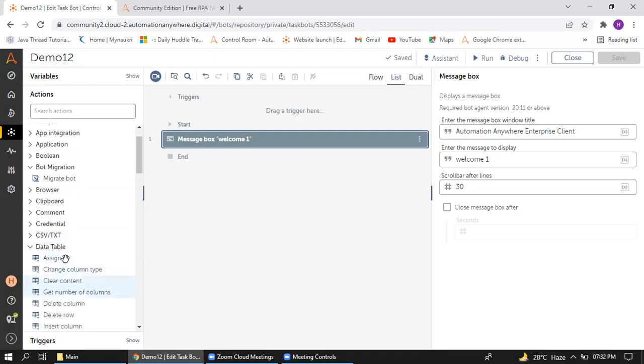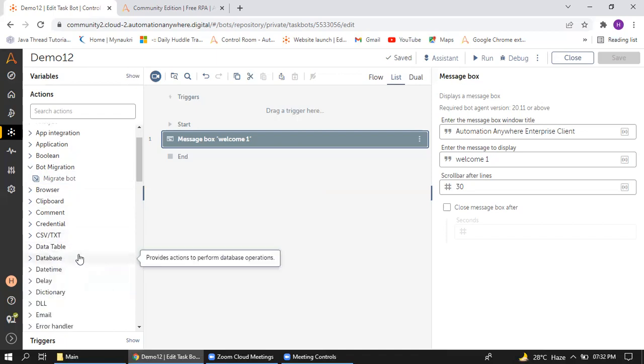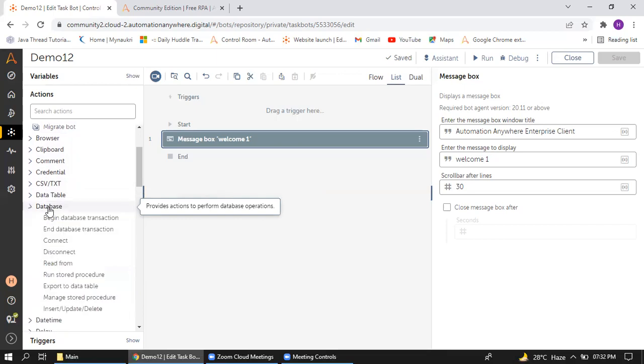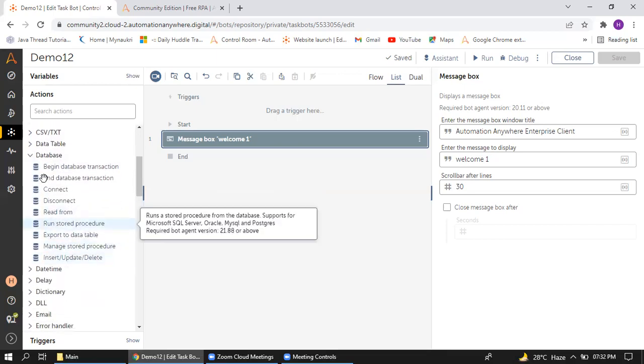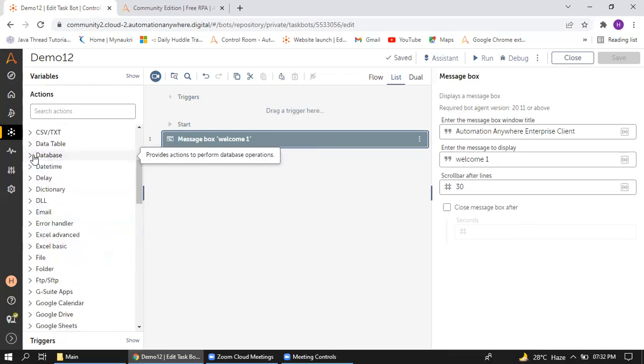Data table actions: perform the data table actions. We are using the data table package and the database package. The database package will be used for performing the database actions. Okay. Next,